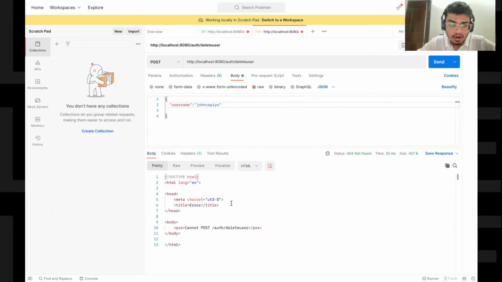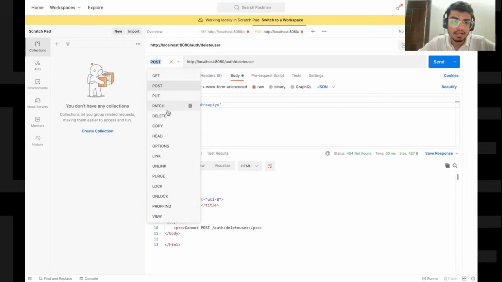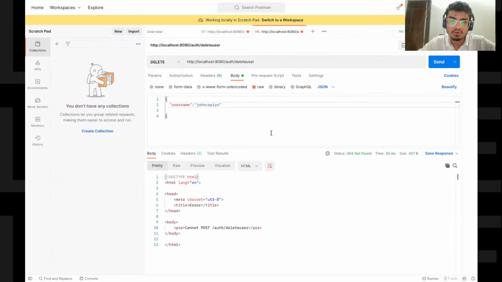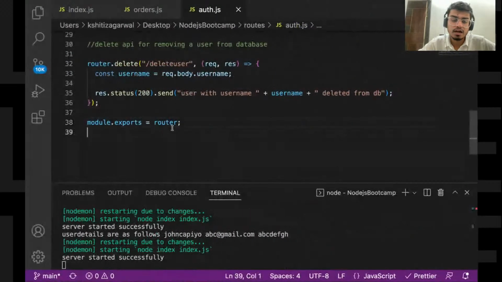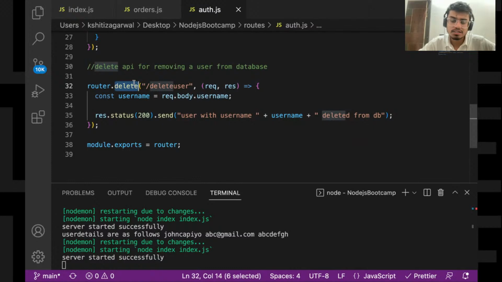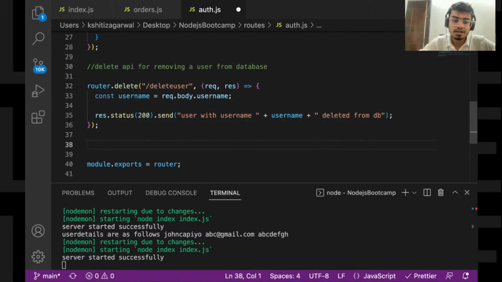Oh, okay, it's not a post, actually it's a delete API, I forgot. So my application is there. Let's see. Okay, user with username John Capio deleted from database. Using such operations like delete, you can do things such as removing from database and all. So this is a simple example of a delete API.